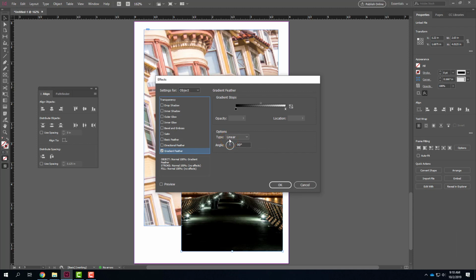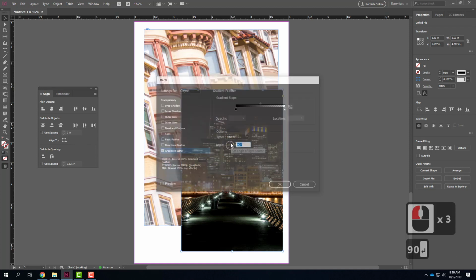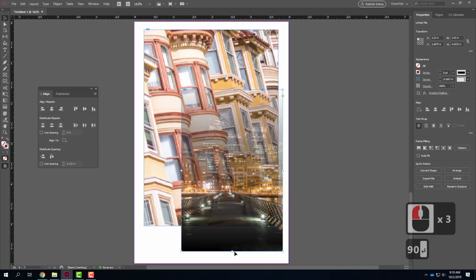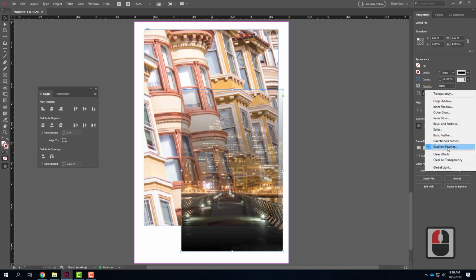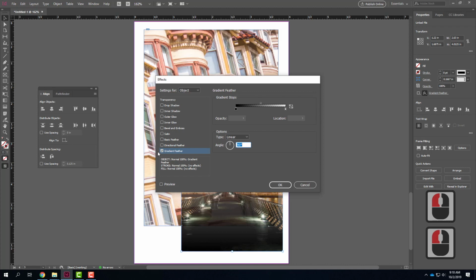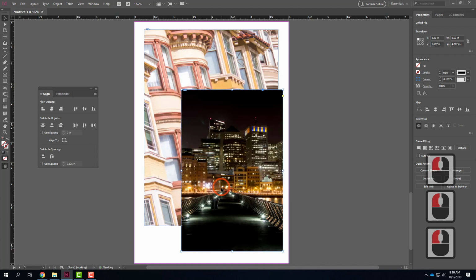So let's do it toward the top because it'll be a little bit more obvious. I might have to type in 90 there. And now it's going from being solid at the bottom to being transparent up at the top. So I can make all of those options via this FX menu over here. I can turn it back off by unchecking it and making that go away, and now that would go back